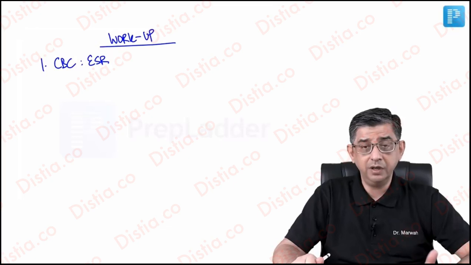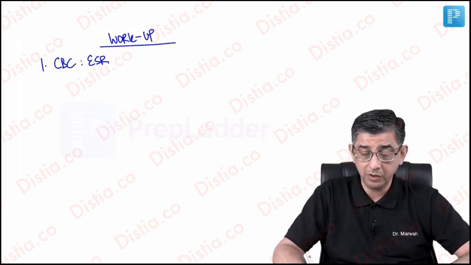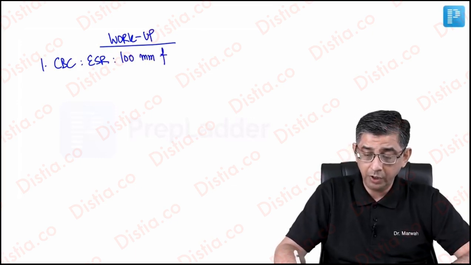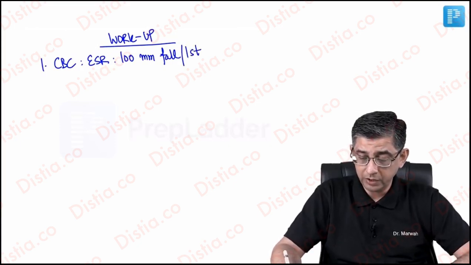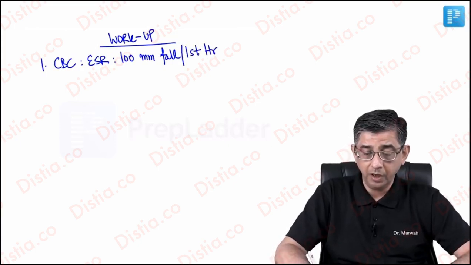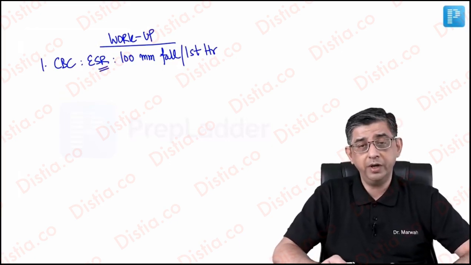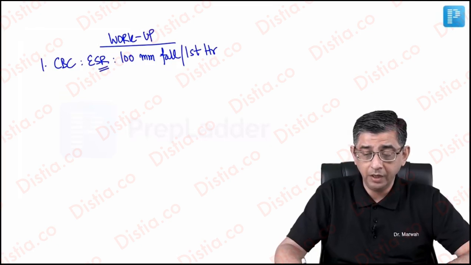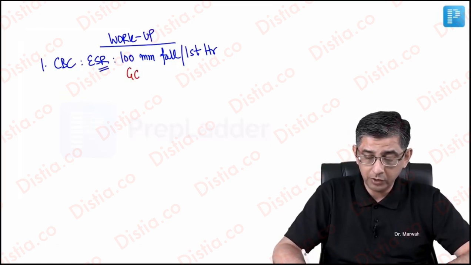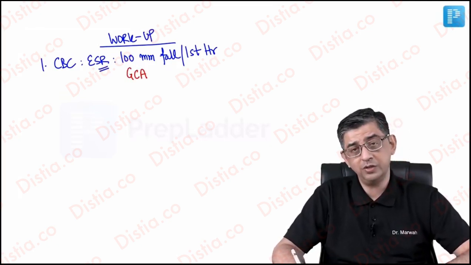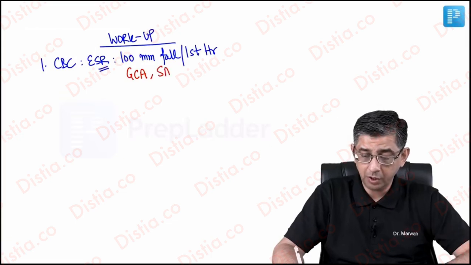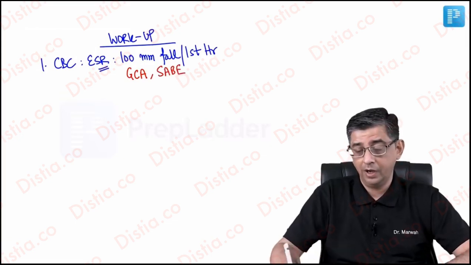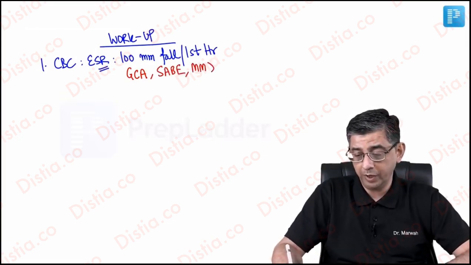Even in some cases of vasculitis, the ESR can be increased, but this MCQ will shock you by saying ESR of 100 millimeter fall in the first hour. I mean, you don't read about this outrageously high erythrocyte sedimentation rate being given routinely. Diseases where you will read about this outrageously elevated erythrocyte sedimentation rate would be giant cell arteritis, then subacute bacterial endocarditis, and the topic of interest, multiple myeloma.